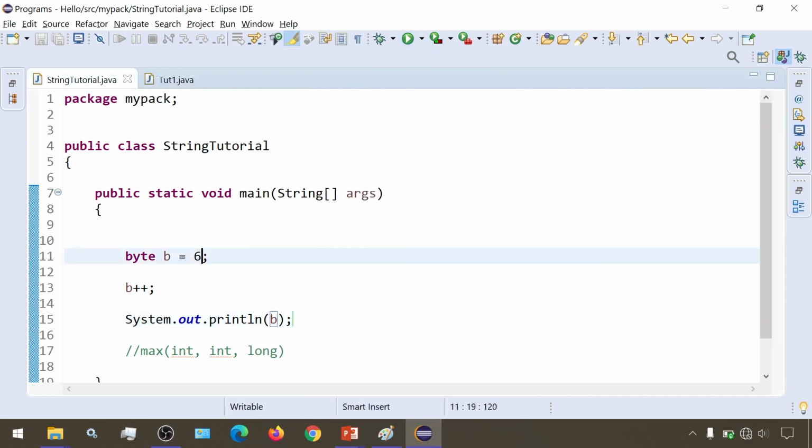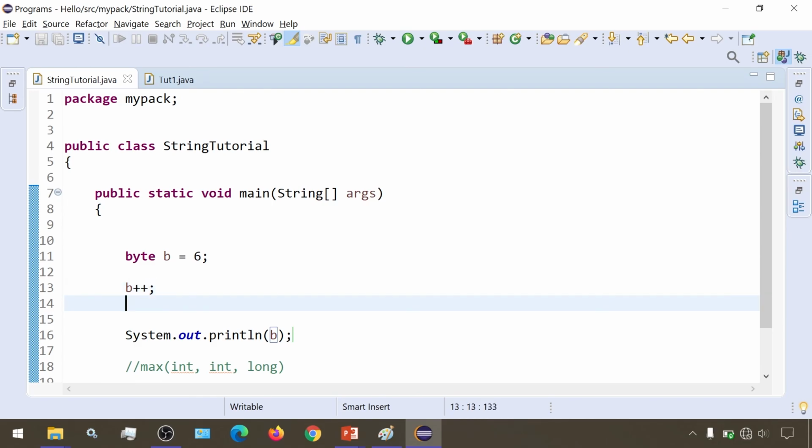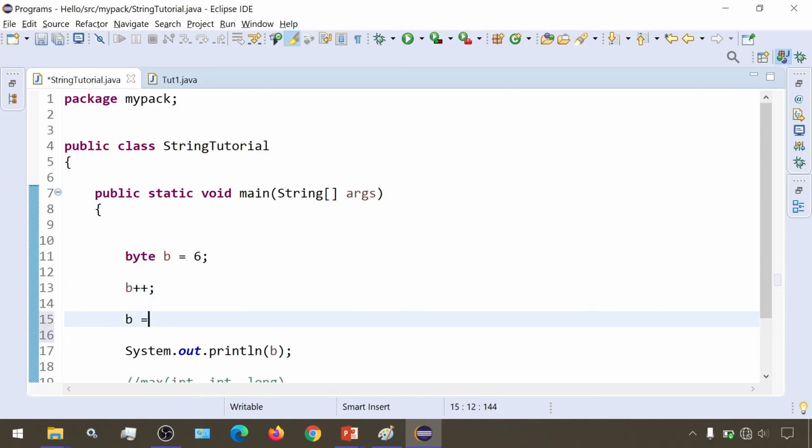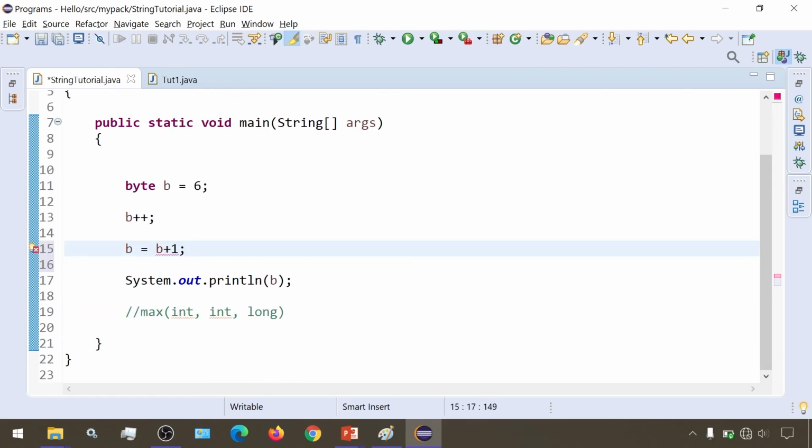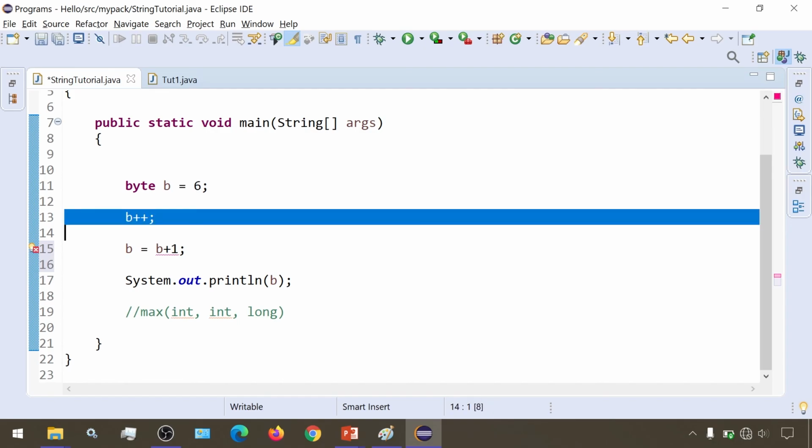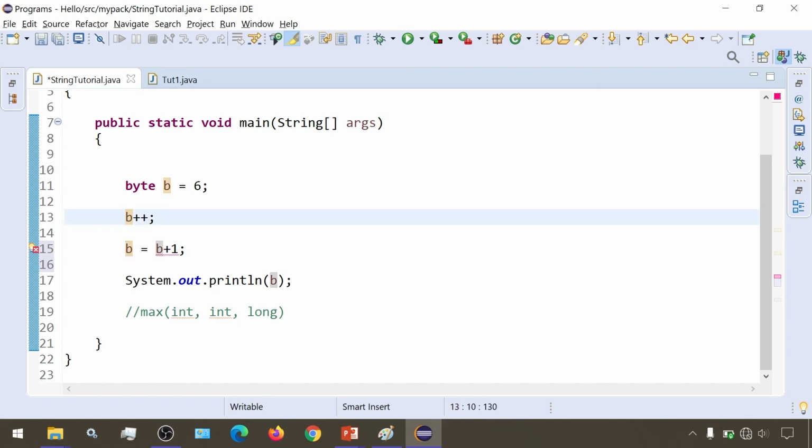This 6 is incremented automatically, and we aren't needed to specify any typecasting. If we had done it like b equal to b plus 1, then we would need to specify explicit typecasting. But for b plus plus, we aren't needed to do that. Typecasting is happening, but it is happening internally. As programmers, we don't need to bother.